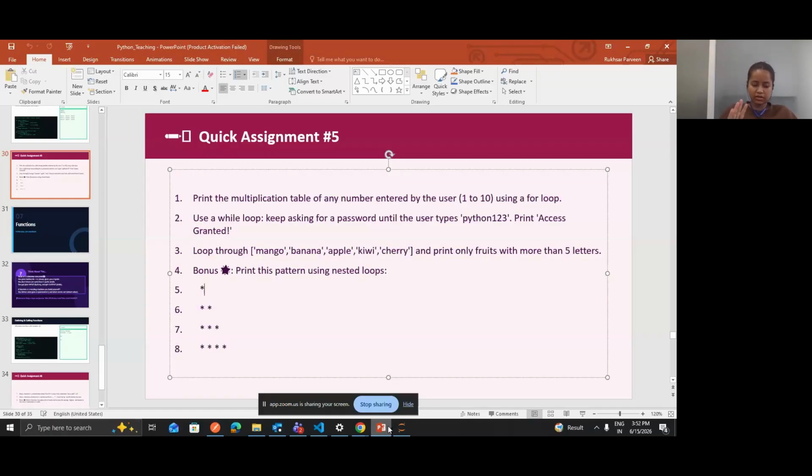And you know that in case of a list, you can do the indexing, right? But here you don't need to. Just write a simple for loop, and in this for loop, try to iterate one by one and check what is the length of this. If the length is greater than 5, then print that particular fruit.